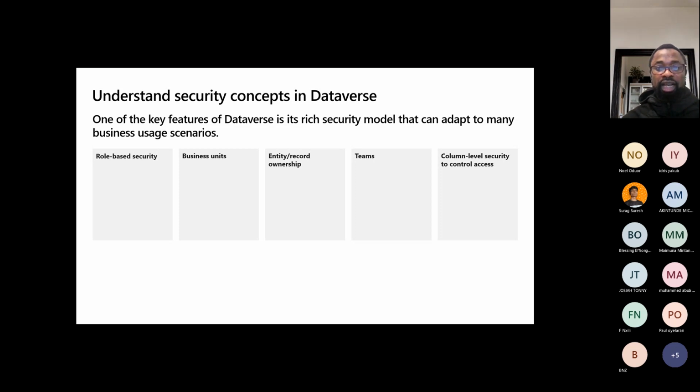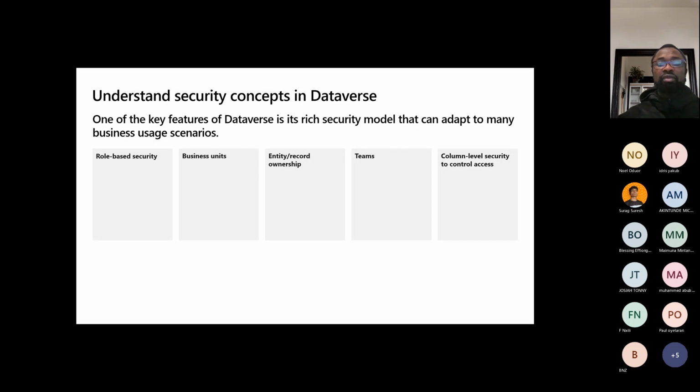So to provide security and structure of grouping users that are often used to mimic the organization departments, like finance, sales, and so on and so forth. So this is like a security structure of who and what set of users need to access what within the environment. So we also have the record ownership, right? Who actually owns the record and how the record is being assigned